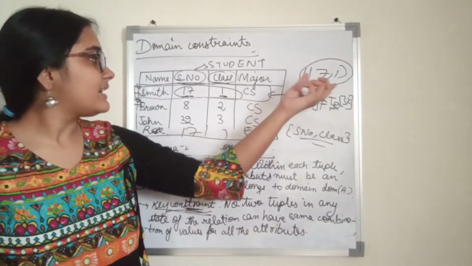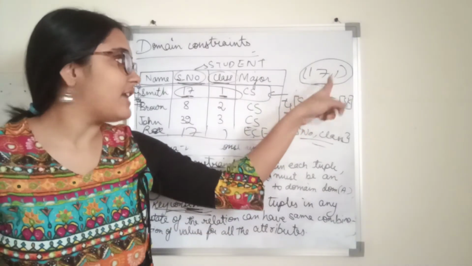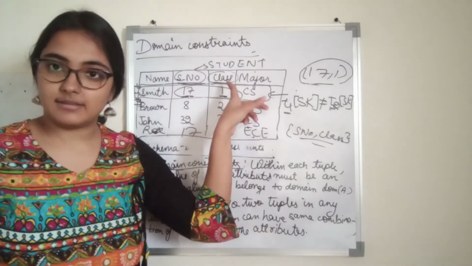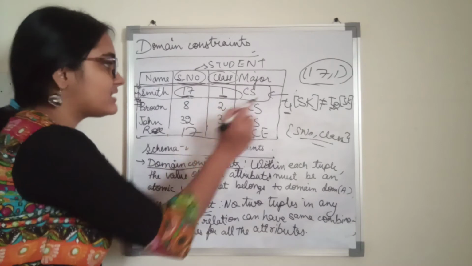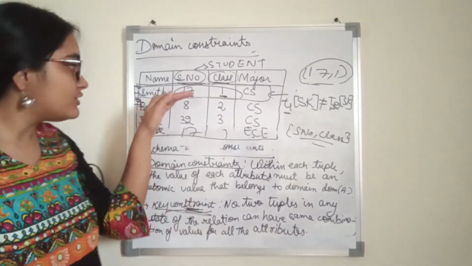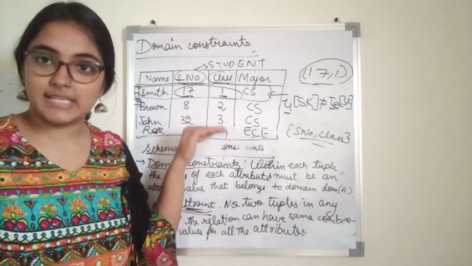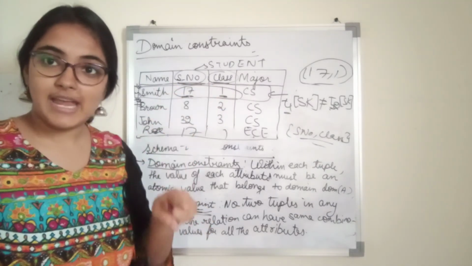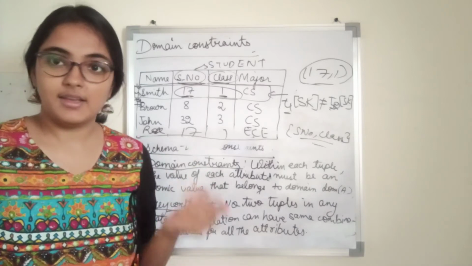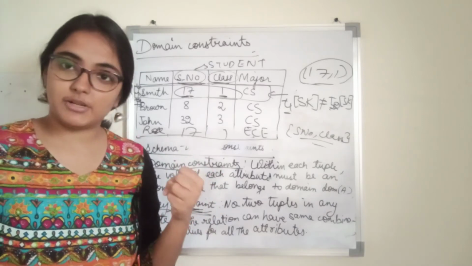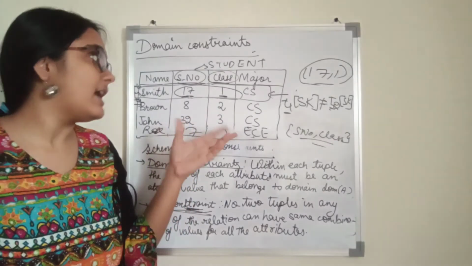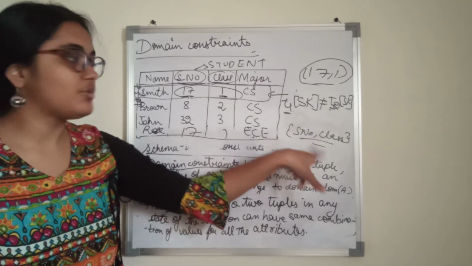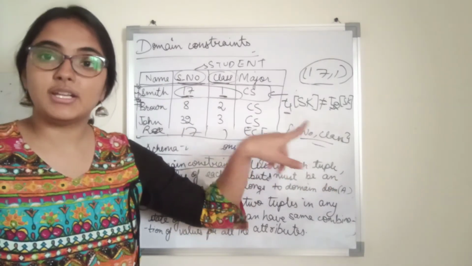How? If I say, tell me the details of the tuple that has values 17 and 1 as the value for the attributes SNO and class, right? Then it will give me just this tuple. Why? Because no other tuple in this particular schema will have the same combination of values for these two attributes. Why? Because super key has enforced that, right? That is, we have enforced that particular property on the relation schema that no two tuples can have the same combination of values for these two attributes, right? So that is about super key.